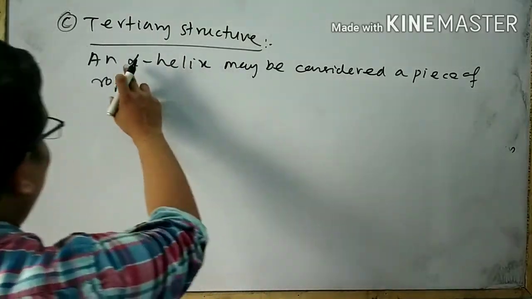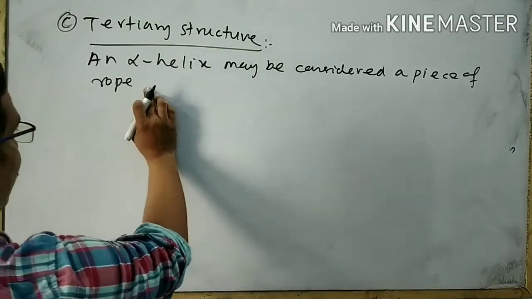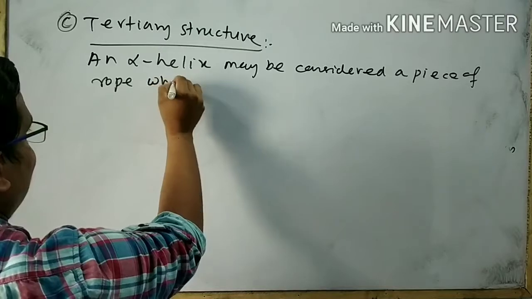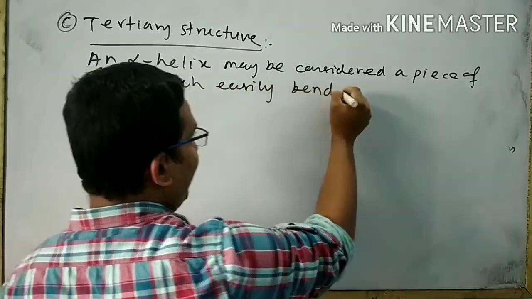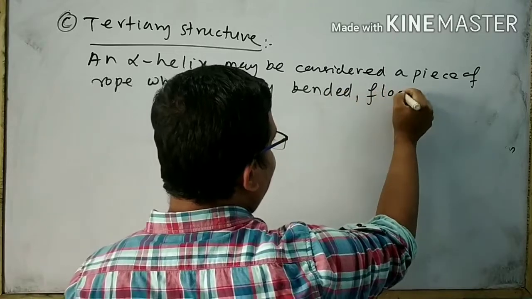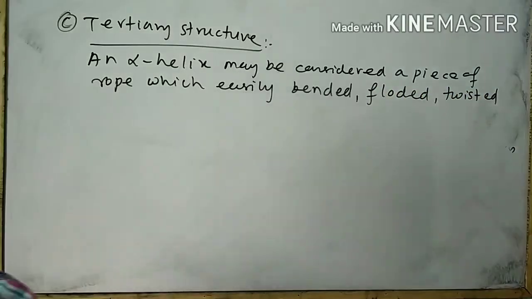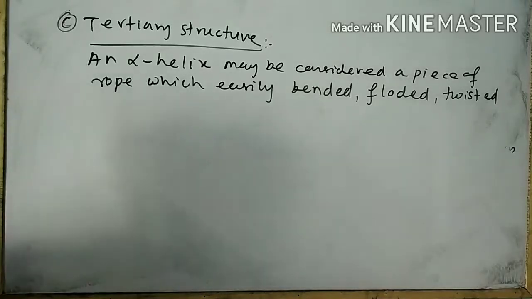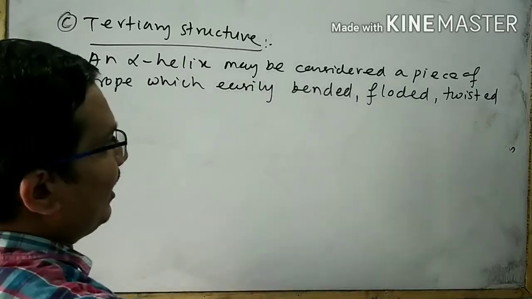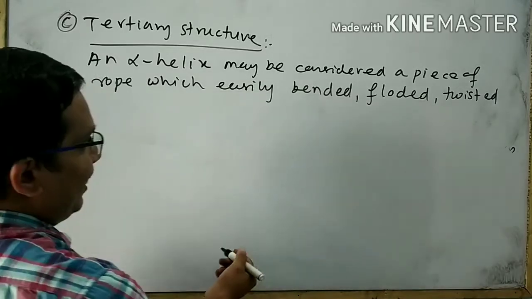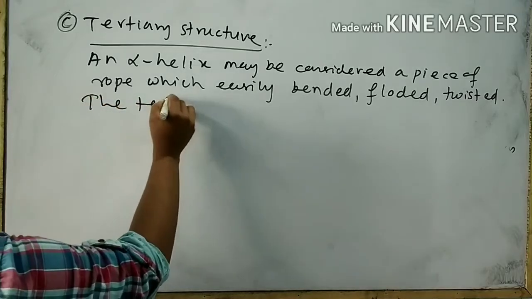So we can write, an alpha helix may be considered as a piece of rope which is easily bent, folded, twisted. Like this, the tertiary structure of protein is also easily bent, folded, twisted. So we can write, the tertiary structure